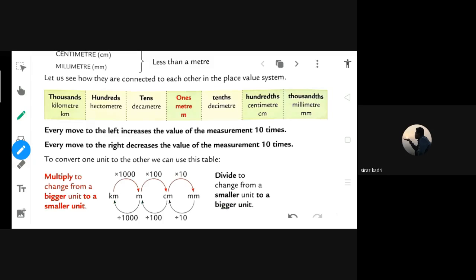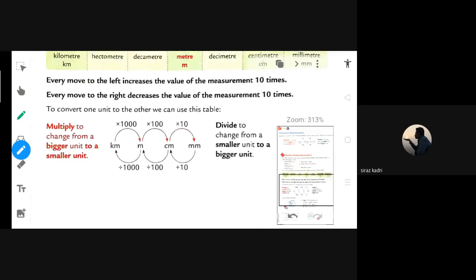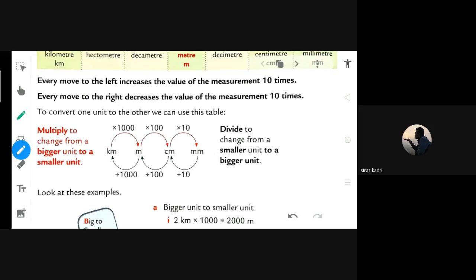Okay, ma'am. So that four are given in big to small way. Then you can see that here the same thing is written, when to multiply from bigger to smaller, and here when to divide, from smaller to bigger. And kilometer and meter, from kilometer and meter, which is bigger? Kilometer is bigger, ma'am. Yes. So we have to multiply, but here by 1,000 we have to multiply. So who will tell me why we have to multiply by 1,000 only?